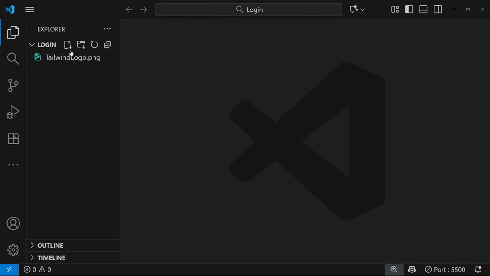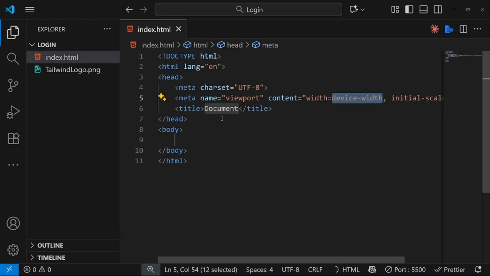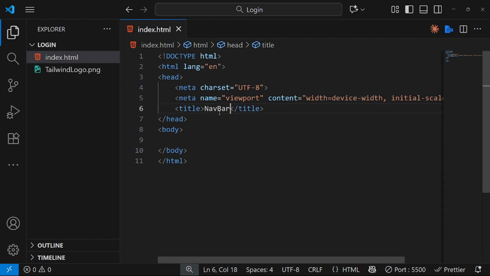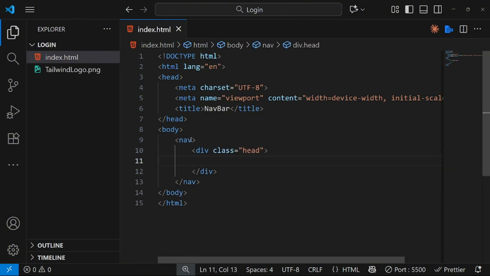First, create an index.html file. Now write a basic boilerplate here and give a title like navbar. Now let's write basic HTML for the nav. So write nav. Here we need an icon, so write img tailwind,